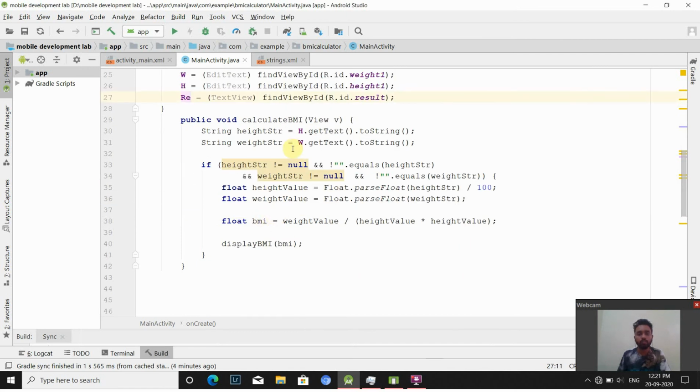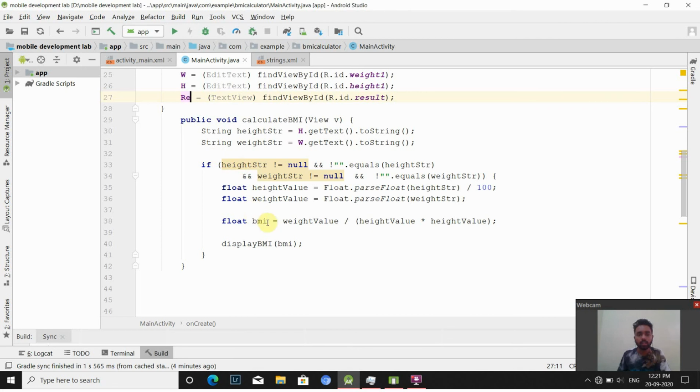Now what I have done is I have created a function called calculate BMI, in which I am taking the value of h, that is height, and weight, that is w, and then I am getting the text and converting it into a string called height string, which will store the value of height, and weight string, which is w, that will store the value of weight.